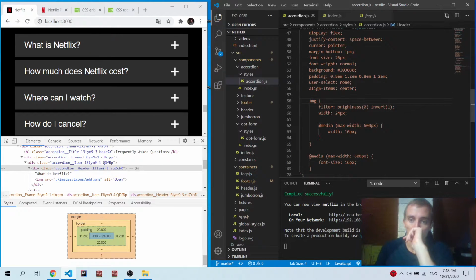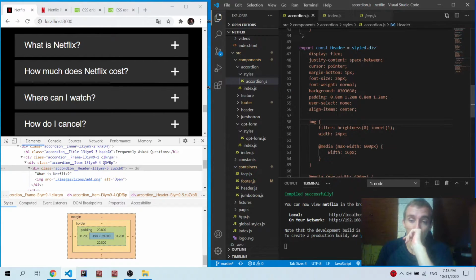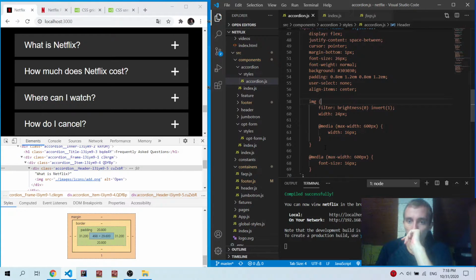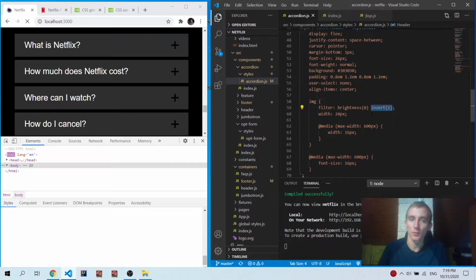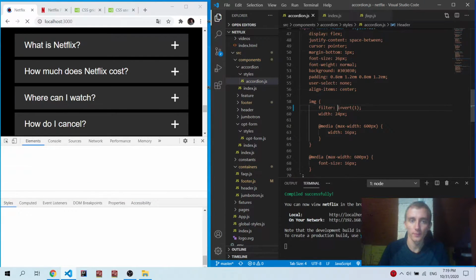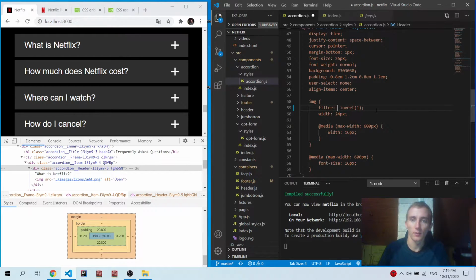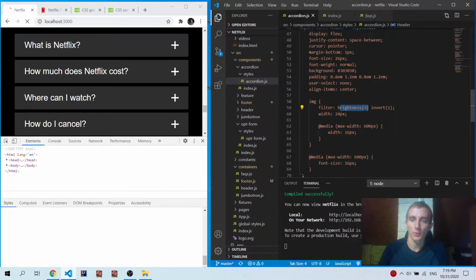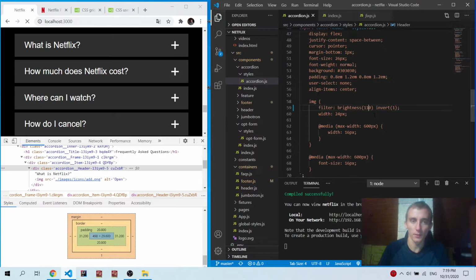Okay, so in the image of the header, we have filter brightness 0, invert 1, so it's white. What if I go without invert? So invert 1 makes it white, and brightness 0 doesn't change anything. If I go to 110,